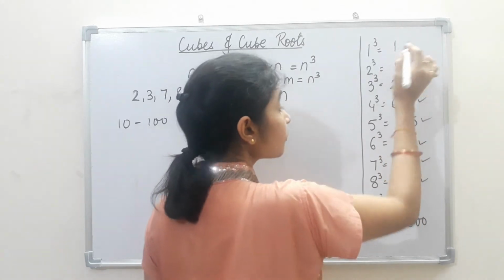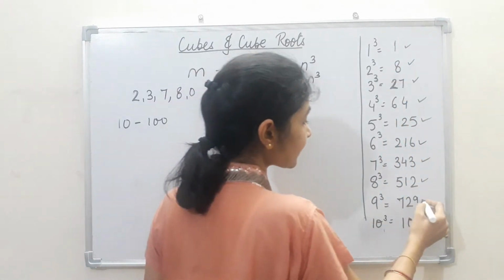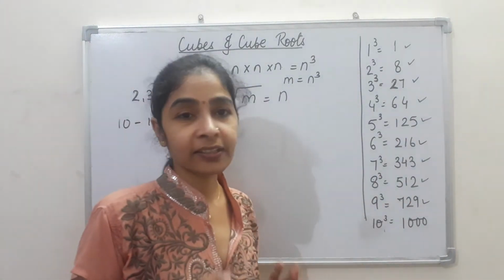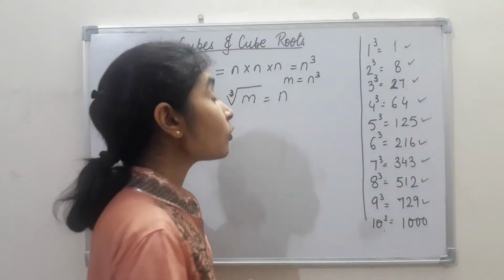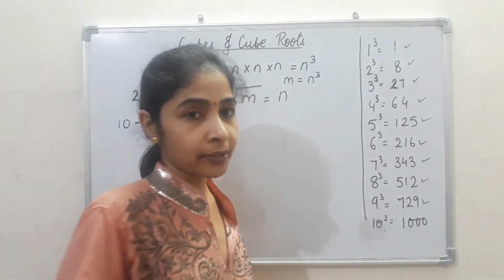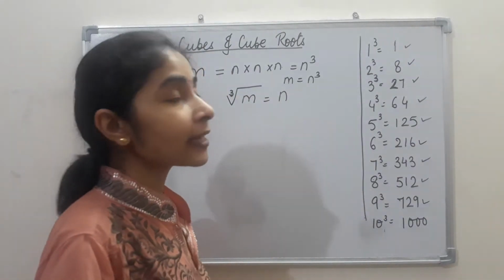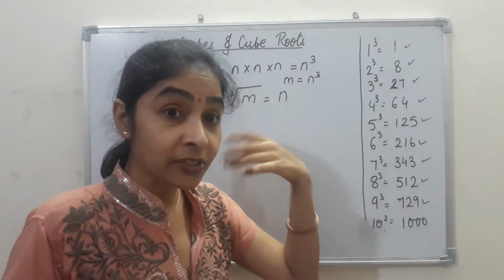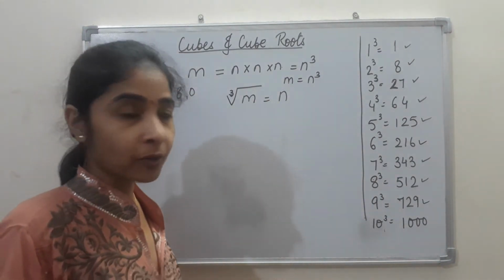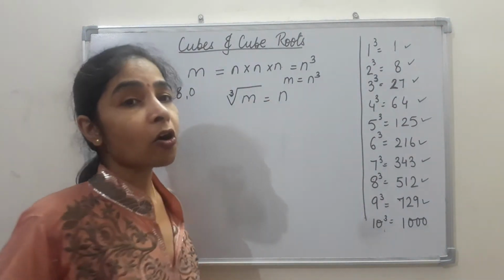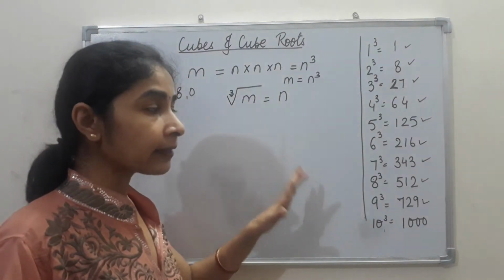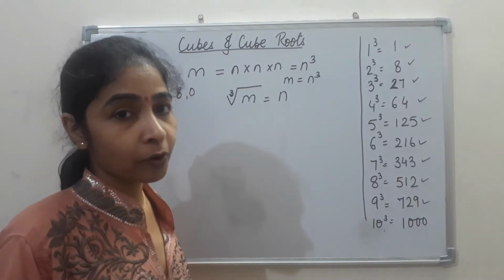8, then it is in the cube of 2, and 9, it is in the cube of 9, and at last 10, then there we are having 3 zeros. So there is no such number that we can say that if it lies on the units place, then we can judge whether the number is a perfect cube or not. So just by observing the number, we cannot find out whether the number is a perfect cube or not.